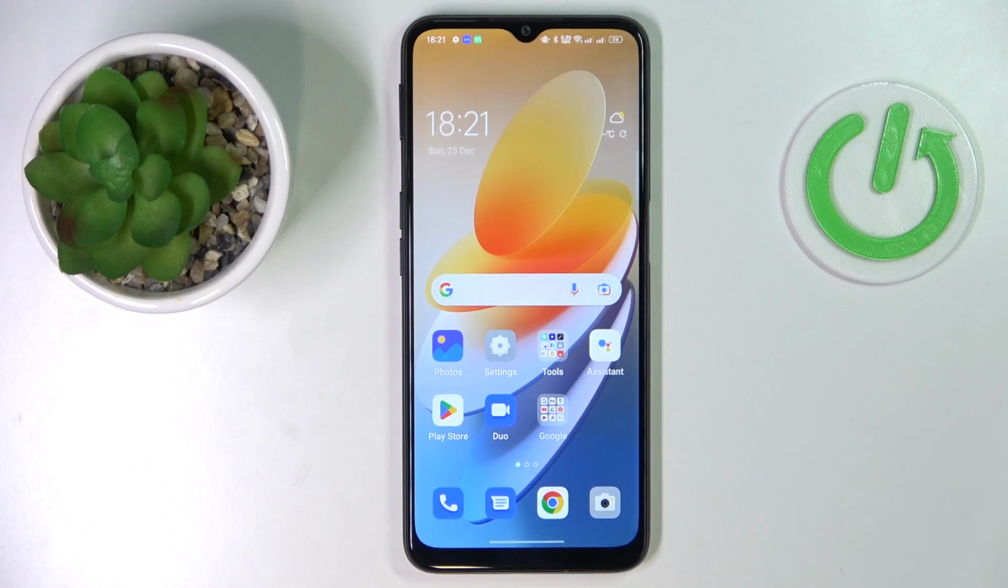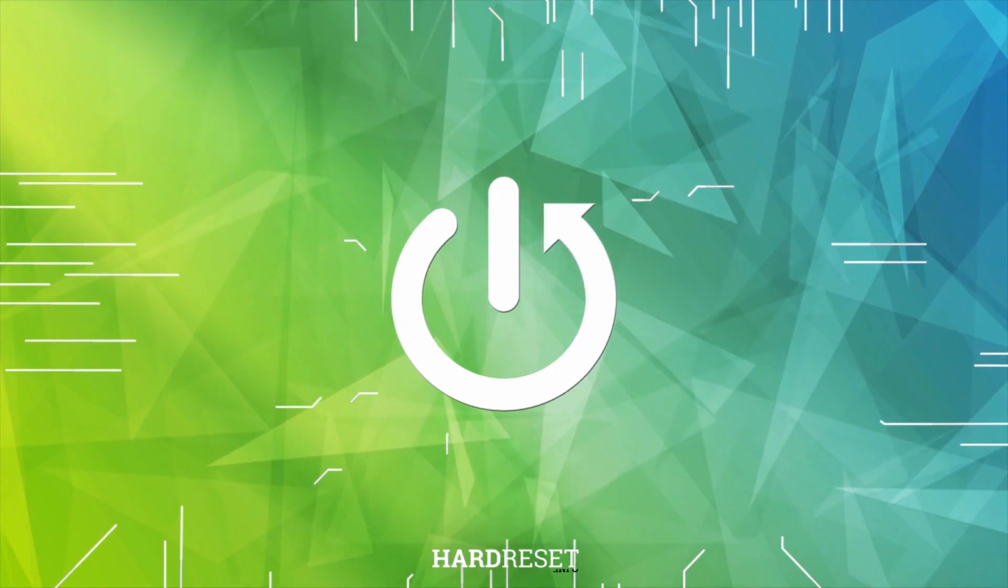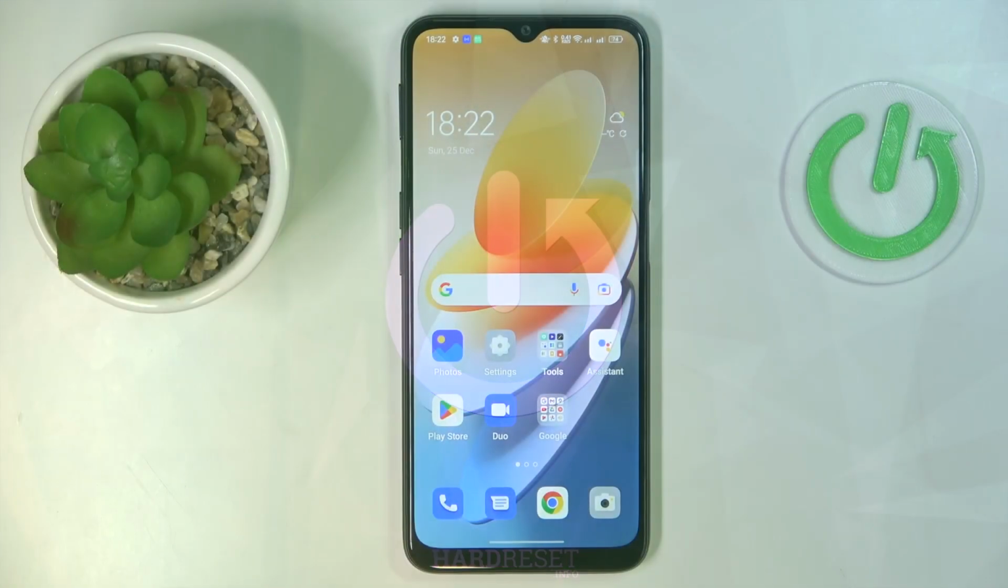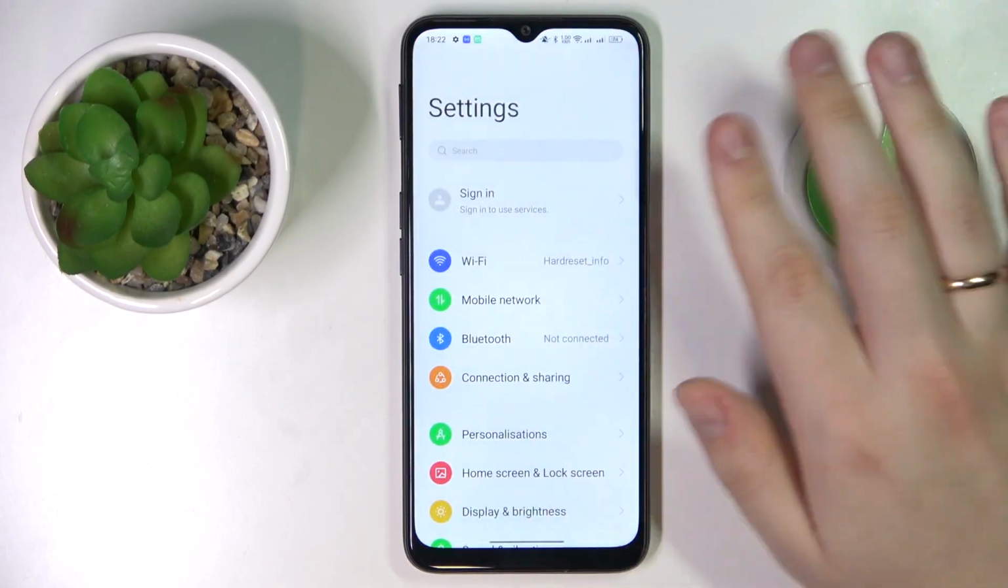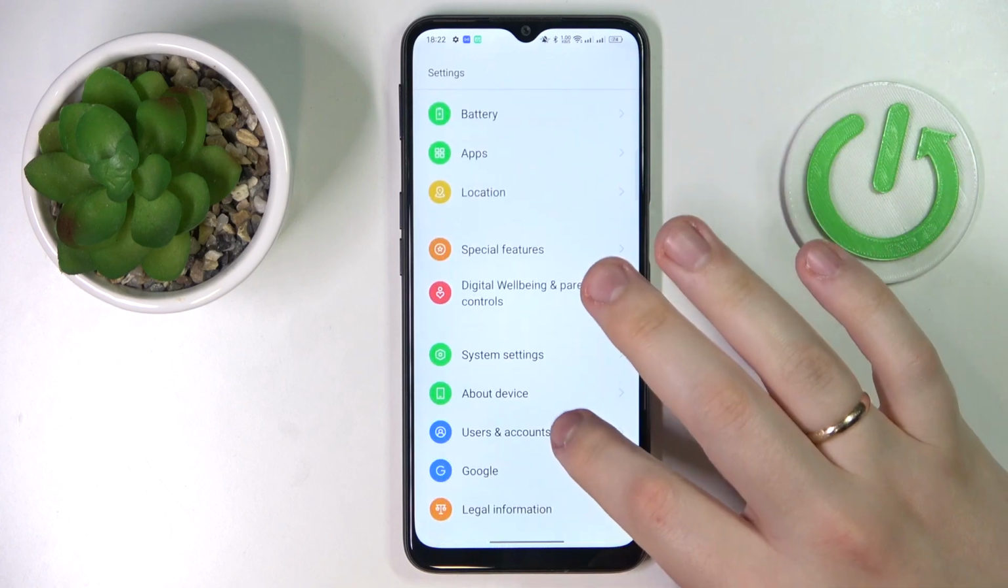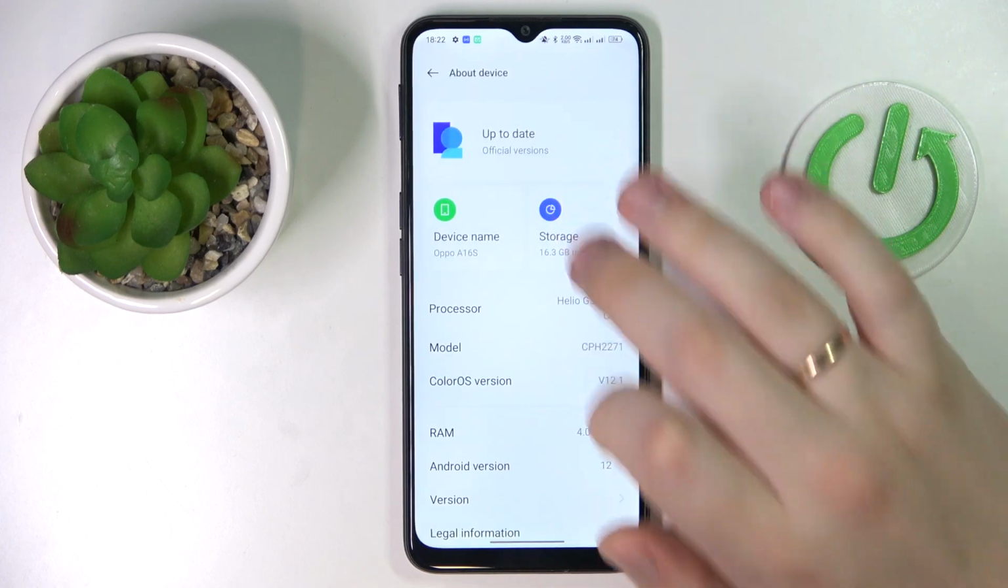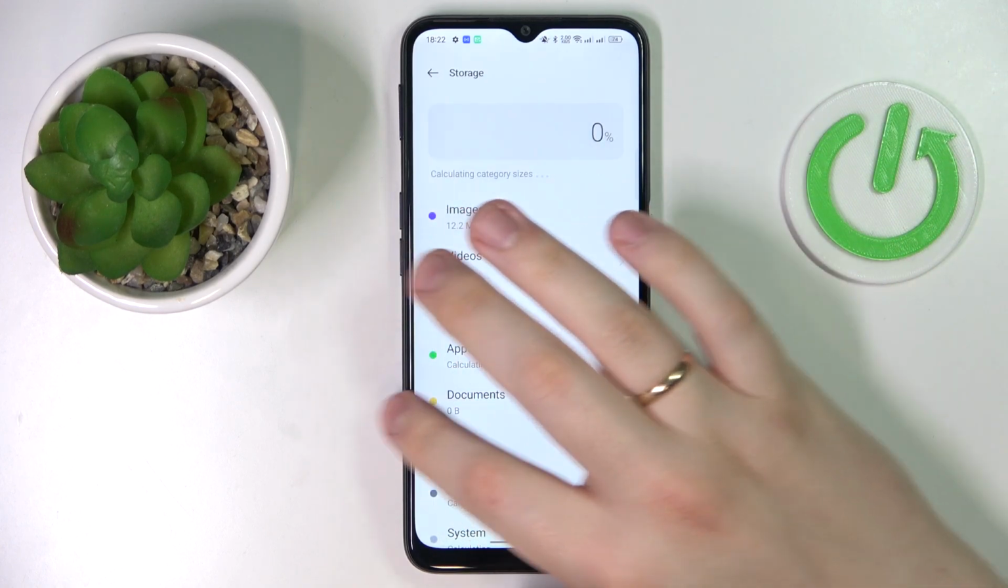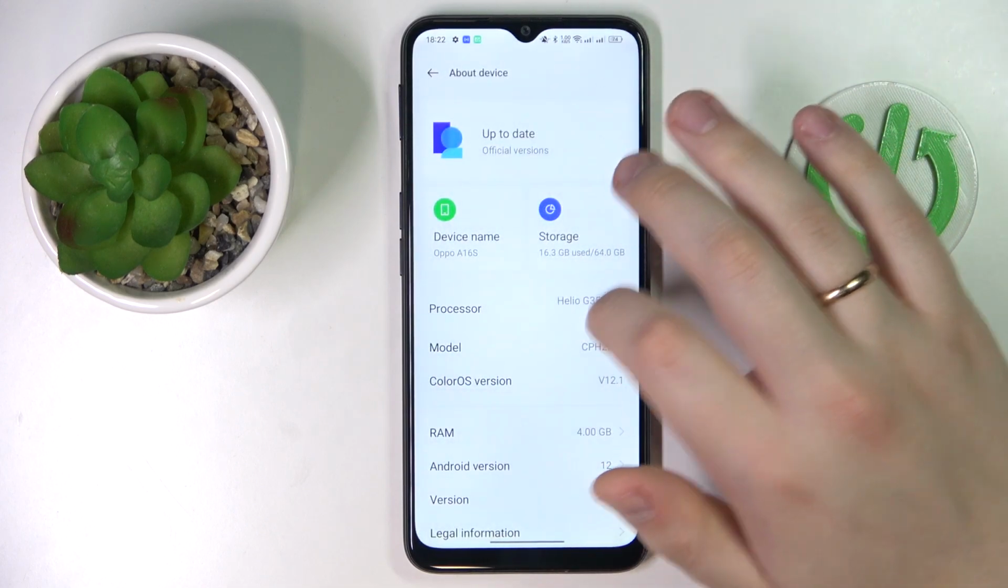This is the OPPO A16s, and today we would like to demonstrate that you can check how much internal storage you have on this device. So you first of all need to launch settings, then enter the about device category. After that, go for the storage field, and prior to tapping on it, first of all you will be able